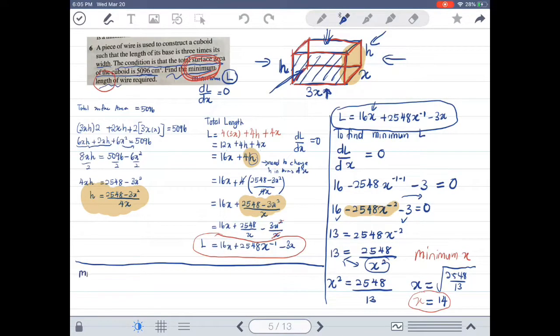Want to find minimum L, which is just equal to 16 times x to the power of 14 plus 2548 times x to the power of 14 to the power of negative 1 minus 3 times 14. Press your calculator. Your final answer